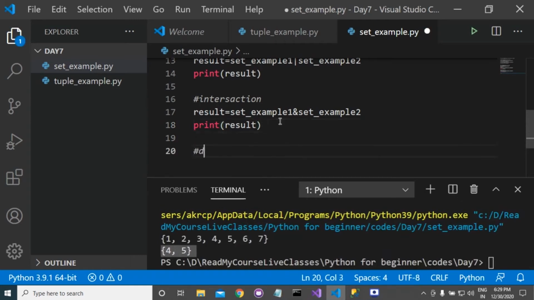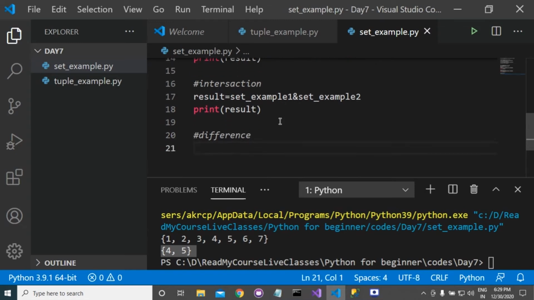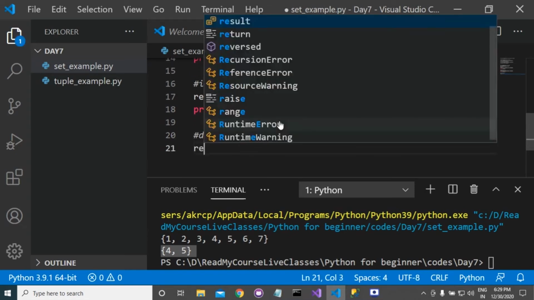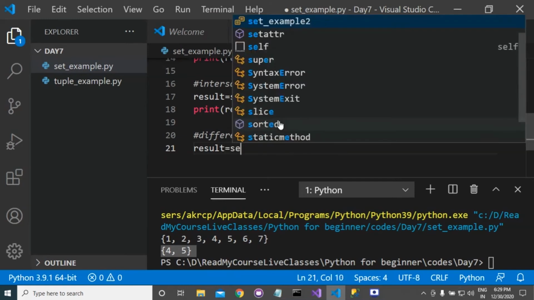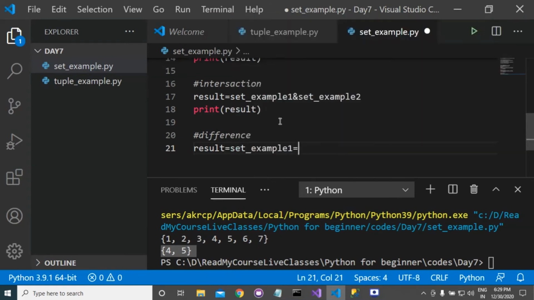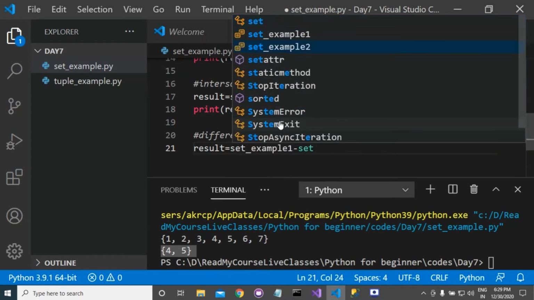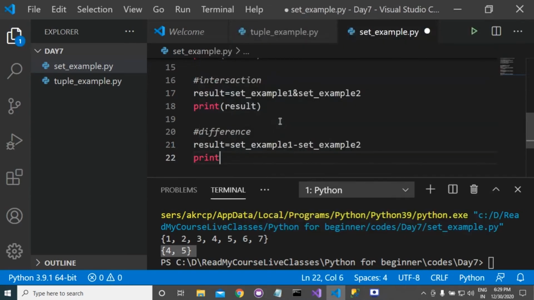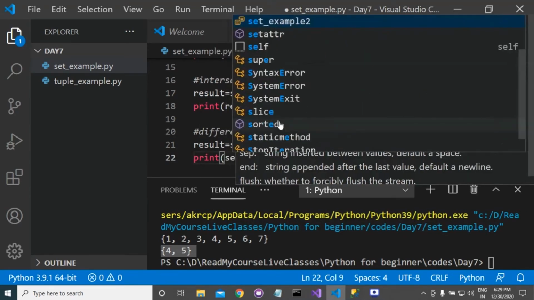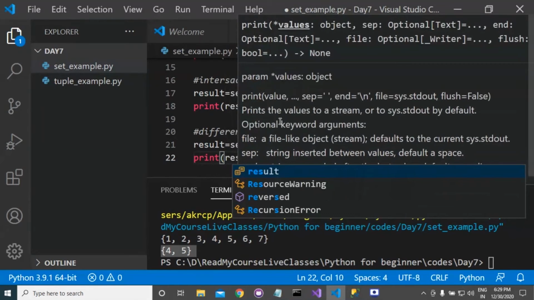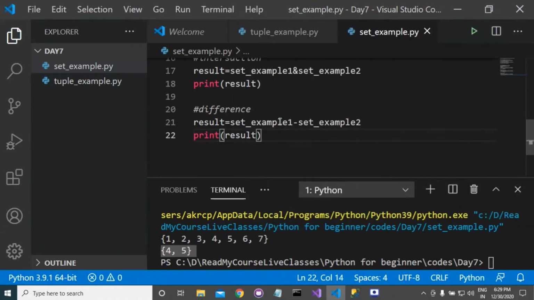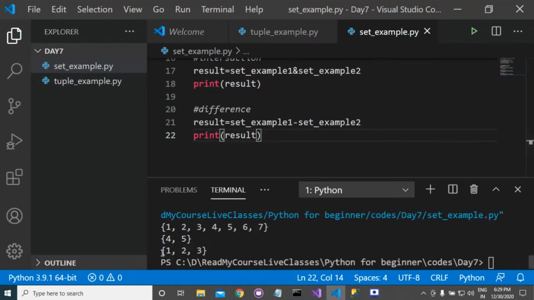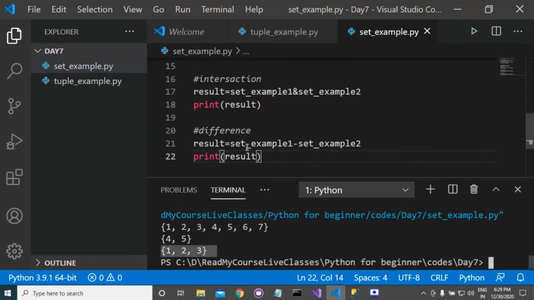Similarly, we can perform difference. For difference, we will use here result is equal to set example 1 minus set example 2. And if you print here result, then you will get 1, 2, 3. Why?